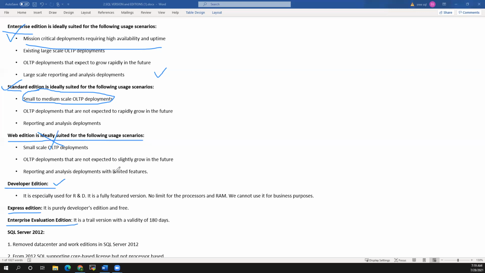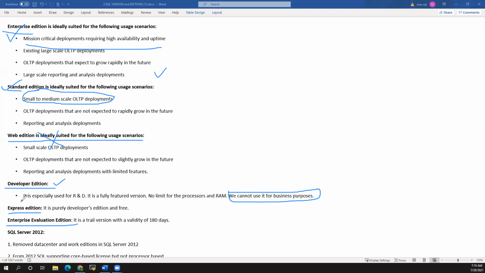We are developing something, testing something, but not running this software on production servers, so there is no need to pay anything. We cannot use it for live applications, only for developing and testing.